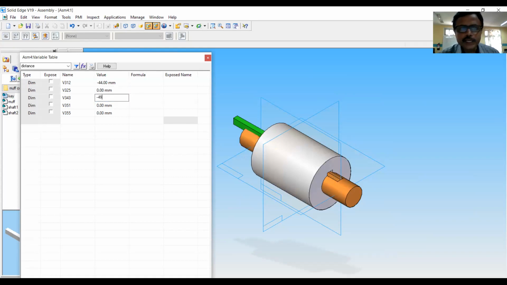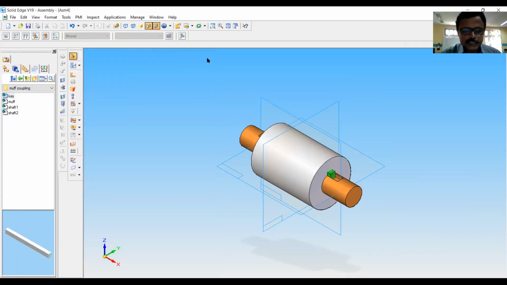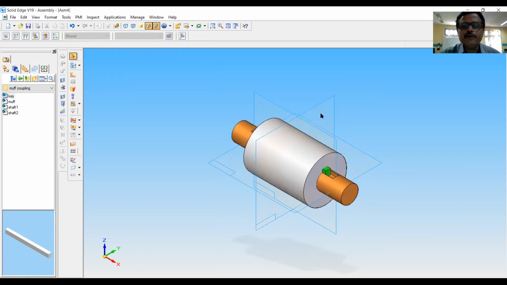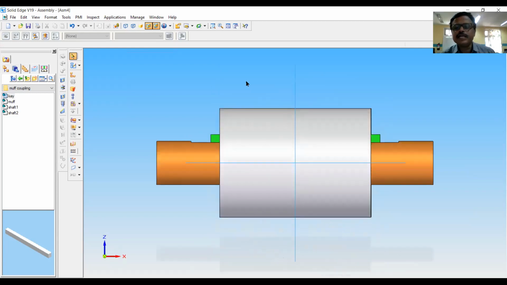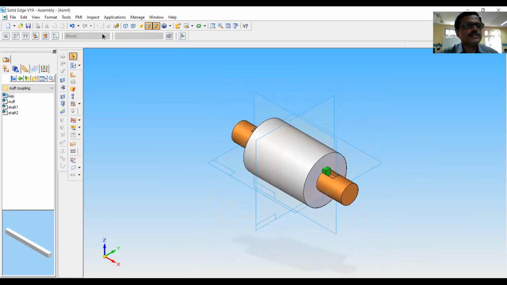It is minus 49. Yes. Now this is the isometric view of the assembled component of the muff coupling. You can see the front view, which is like this. You can also see the isometric view like this.